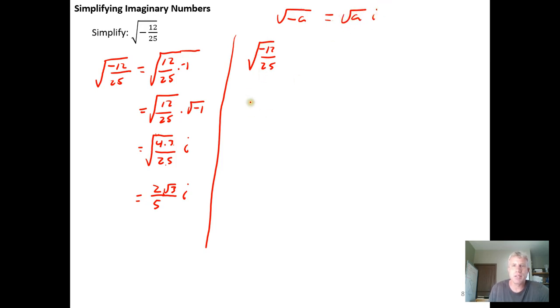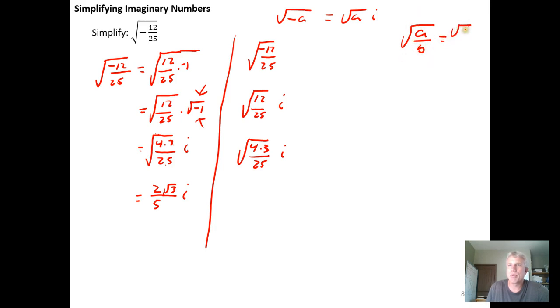So I could have taken this and just directly written it as square root of 12 over 25 i, pulling that square root of -1 out into the i position right away, skipping this intermediate step. You still need to try to break the numerator and denominator into perfect squares to get it into simplified radical form. And then we could recognize that if we have a ratio of two positive numbers under the square root sign,